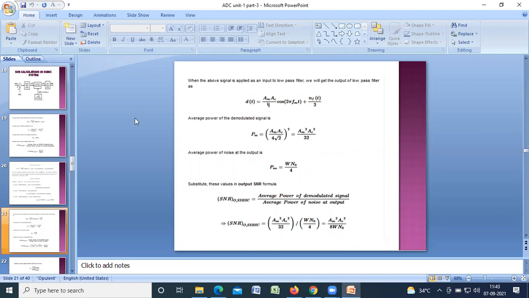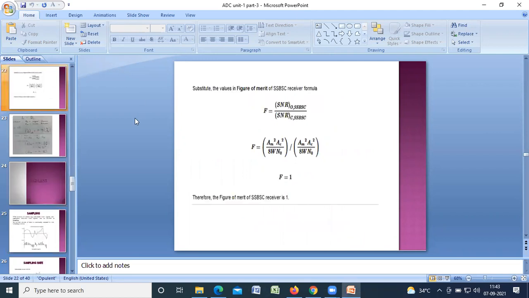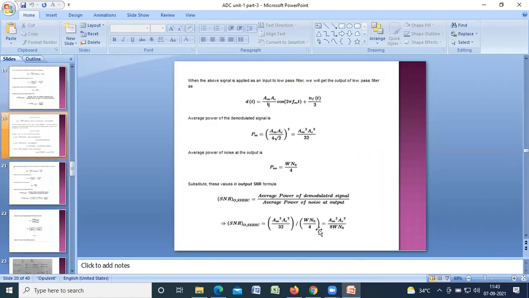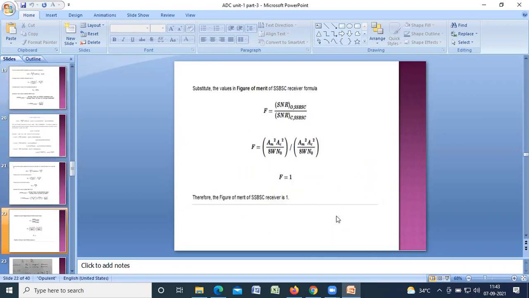Now we have to calculate the figure of merit. And what is the figure of merit for receiver? Figure of merit is ratio of signal to noise ratio of output for single sideband suppressed carrier wave to the signal to noise ratio of a channel for a single sideband suppressed carrier wave. Now divide both. आपकी जो figure of merit आएगी वो 1 आएगी. Verify it. फर्स्ट आपने ये वाली लेनी है, दिस वन, दैट इज चैनल, और आउटपुट की अभी हमने निकाली है। डिवाइड सिग्नल टू नॉइज रेशियो ऑफ आउटपुट बाय सिग्नल टू नॉइज रेशियो फॉर चैनल। डन।